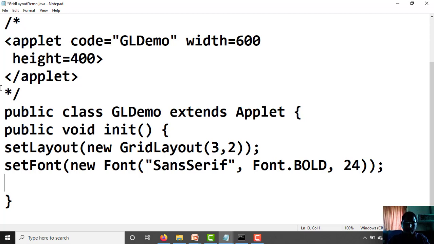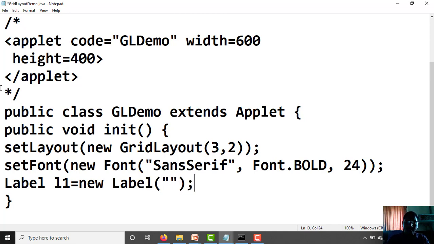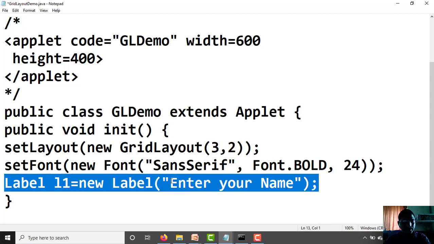And in that window, I am taking the label L1 equal to new Label, double quotation. Here you can write "enter your name". Like this way. Copy.